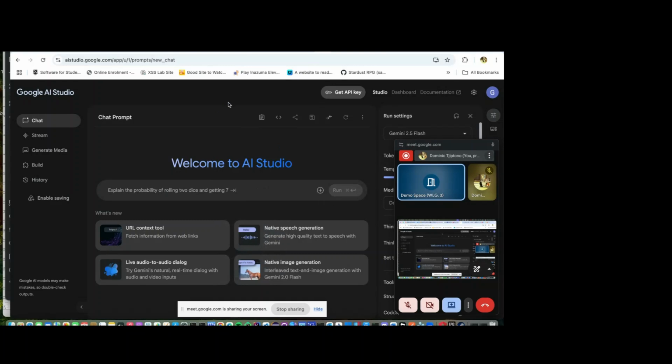Right. And here's a demonstration of how Google Gemini AI can be used to generate